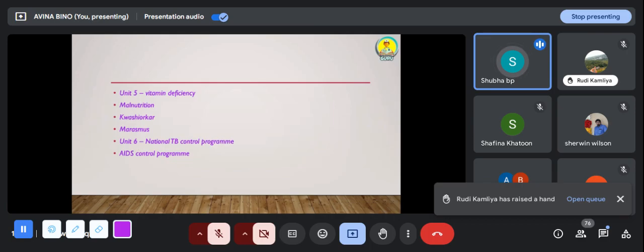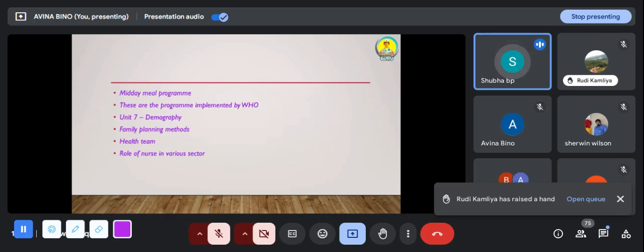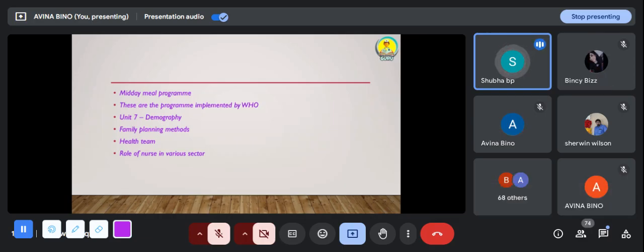So in unit 6 they will ask the National TB Control Program and the AIDS Control Program. These are programs implemented by the WHO. Okay, in unit 6 you are going to study the TB control program and the AIDS control program, right? These two programs are also implemented by the WHO, the World Health Organization. And in unit 7,